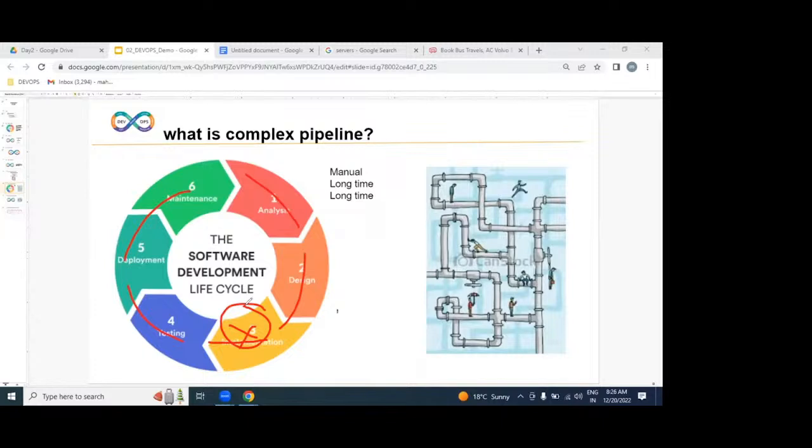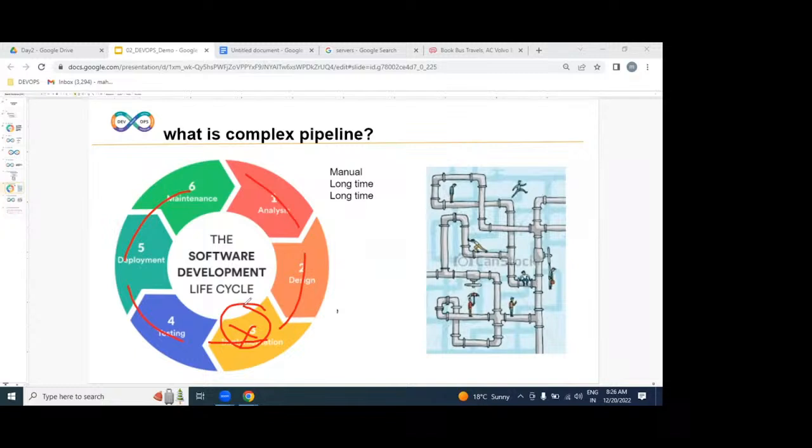Due to this manual process, can you easily identify the issue? No, experts are required here. If you are hiring experts for this process, definitely we need to pay more salary. Yes or no? That means the cost is increasing.